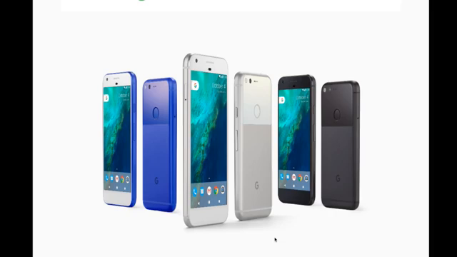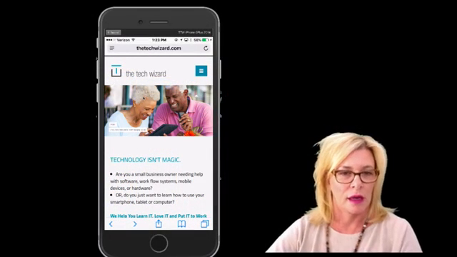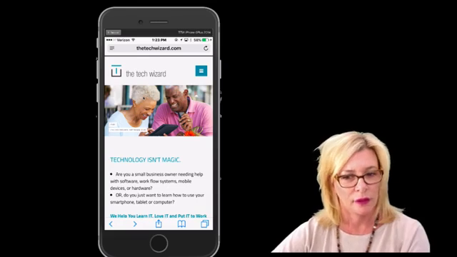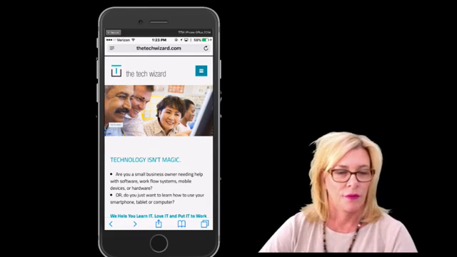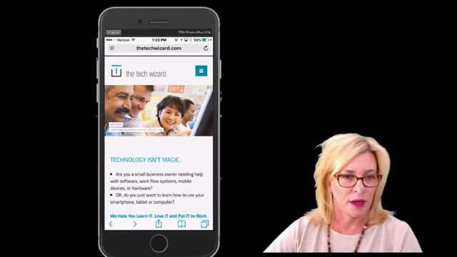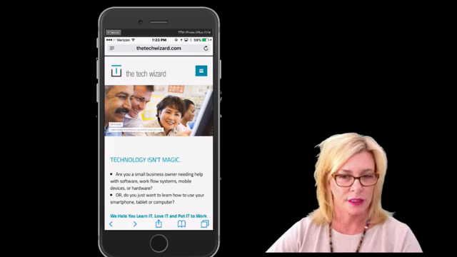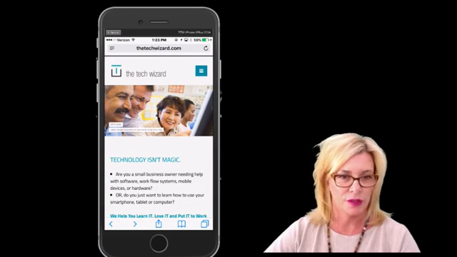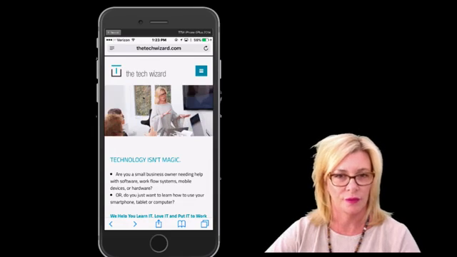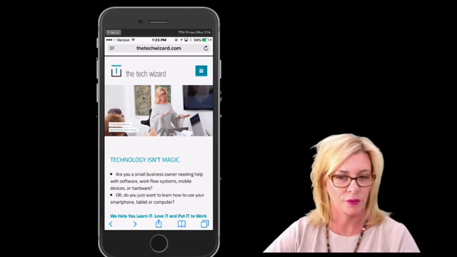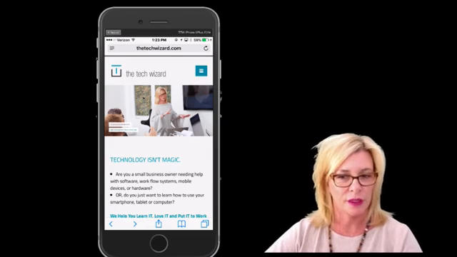Now, I've got a lot of people that do have PCs and iPads and Apple phones. If you are fine with that and you don't mind mixing the two devices, there's a lot of ways to work with that. It's absolutely very easily doable. But if you really are a die-hard Android person, a couple of things to think about on the Pixel is